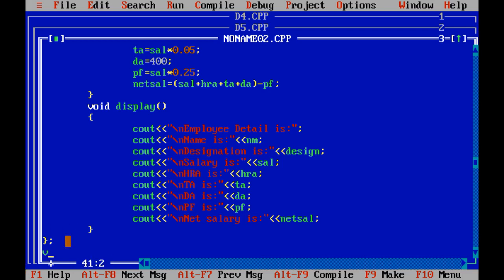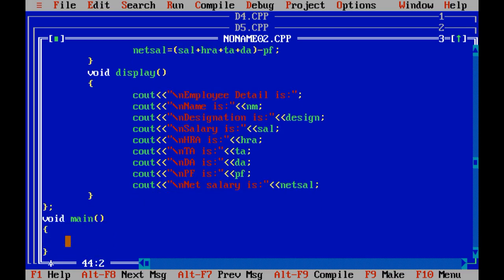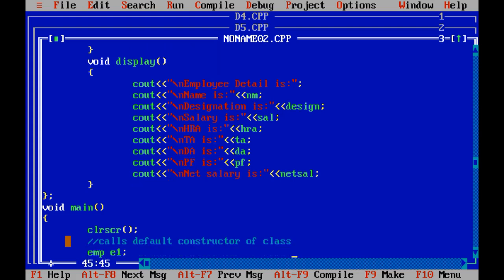Now void main, clrscr and getch. What is the name of our class? EMP e1, which calls the default constructor of the class.